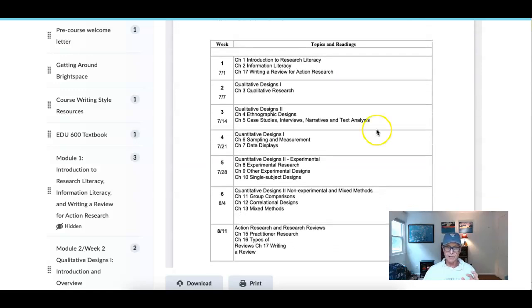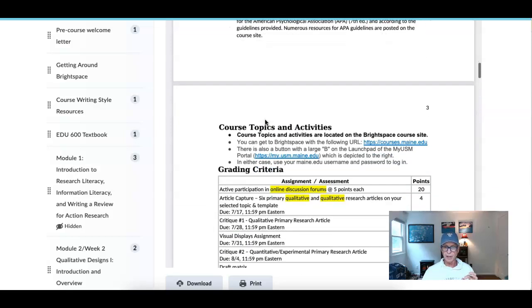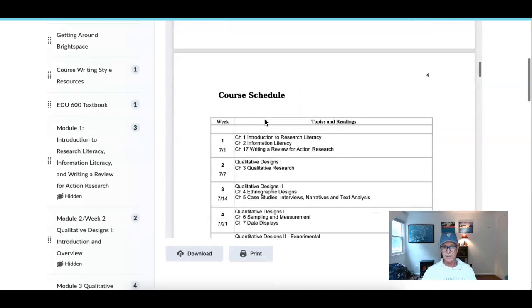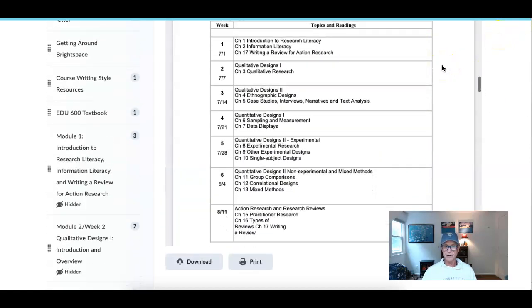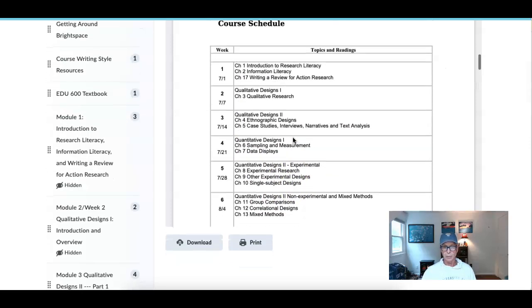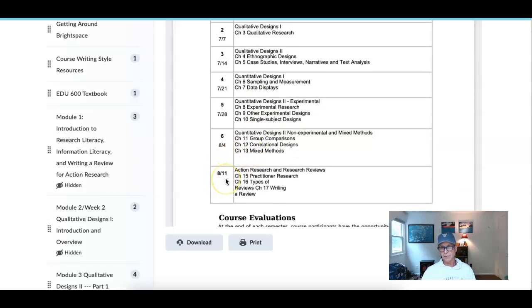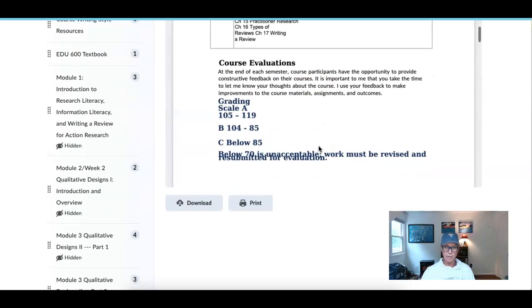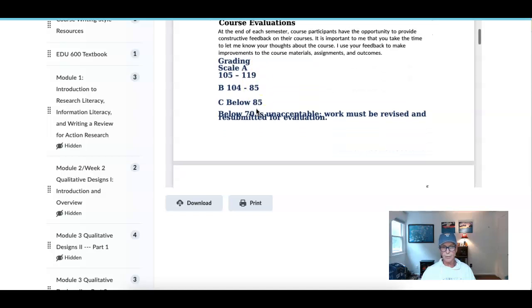Then in the syllabus is the information on a weekly basis. If you're looking for the assignments, they're here with the dates. They're also on Brightspace. If you're looking for how this all flows, take a look at all of the work in here. We go from the 1st, and the last week starts on August 11th. Course evaluations, if you're wondering what happens if you get 105 or 103, well, if you get 103, this is the grading scale that we're using for the course.